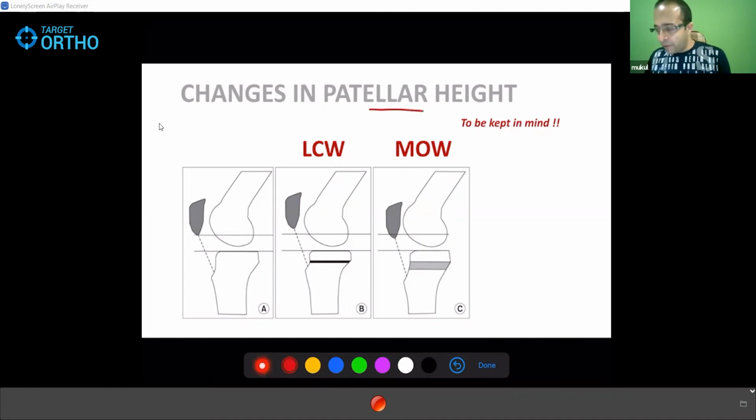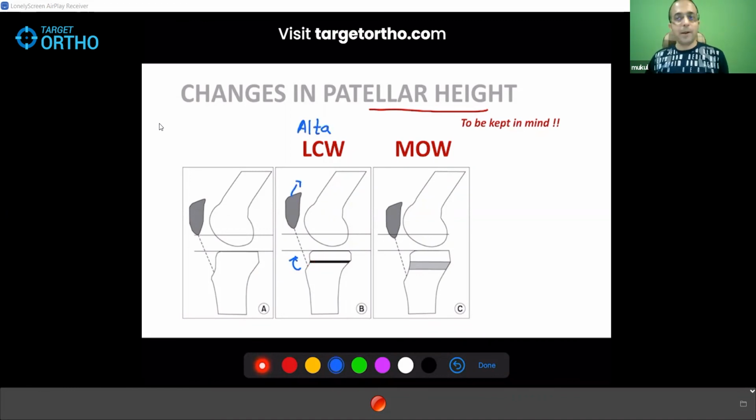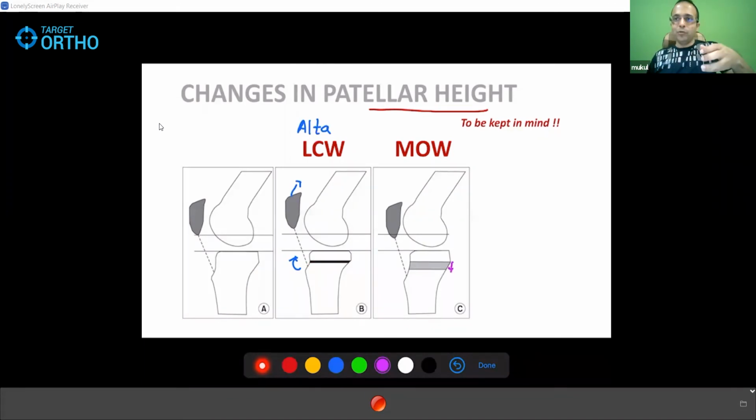The message on the patellar height. Now, when you are going to do a closing wedge osteotomy, the tubercle will move up. So the patella will move up. So here patella alta will be part and parcel. But if you do this opening wedge osteotomy, you are moving the tibia down because you are cutting proximal to the tuberosity, cutting the metaphyseal bone, we are cutting above. So when you open up the wedge, the tibial tubercle moves down. So patella baja will be an accompaniment of the medial opening wedge.